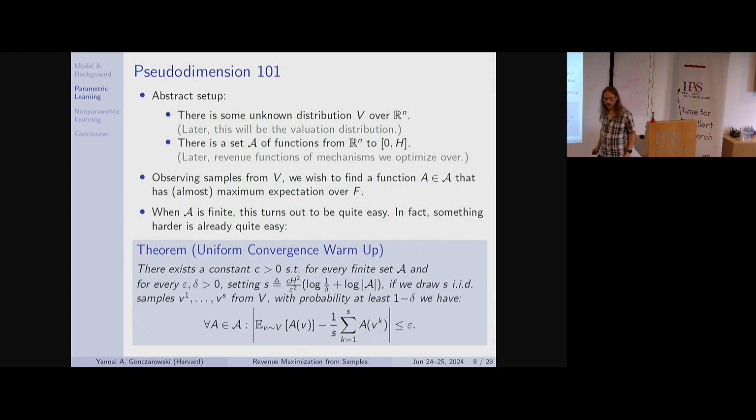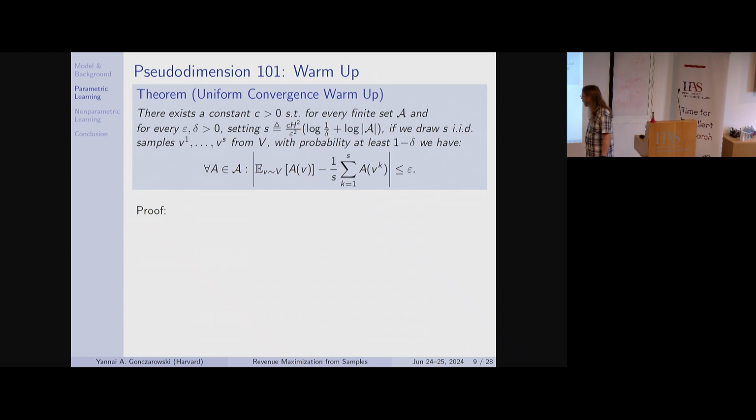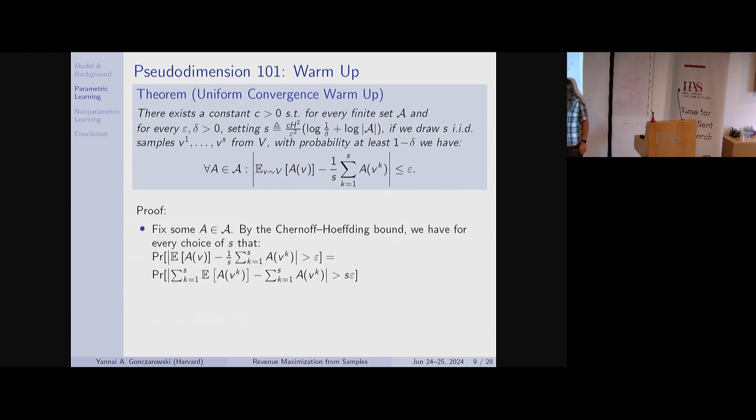Just before we continue on to the proof, just to make sure we're on the same page. This is sort of like a law of large numbers for these auctions. And this is really how we're going to prove it. So fix some revenue function of a specific auction. By the Chernoff-Hoeffding bound, we have, for every choice of S,